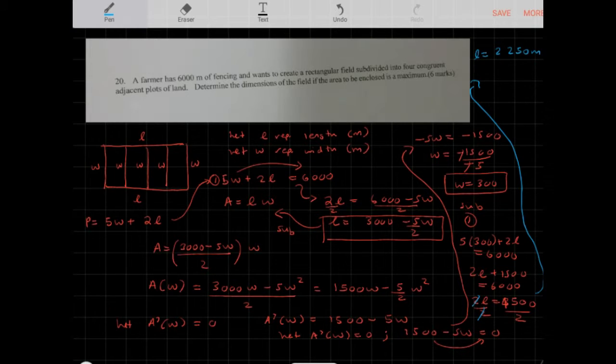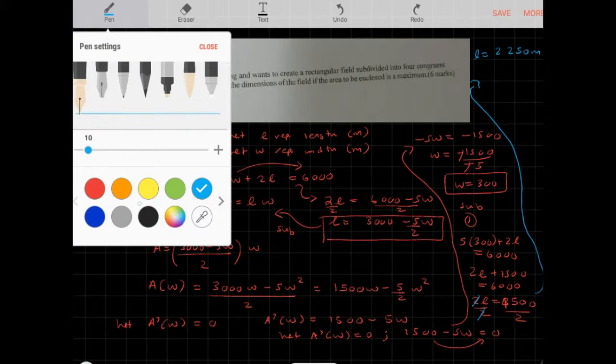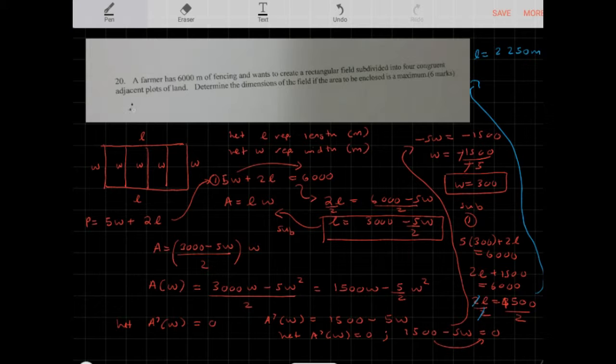Okay, so therefore the dimensions of the field will have a length of 2,250 meters and a width of 300 meters. Okay, and that's how you can optimize